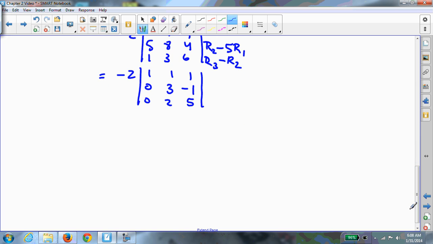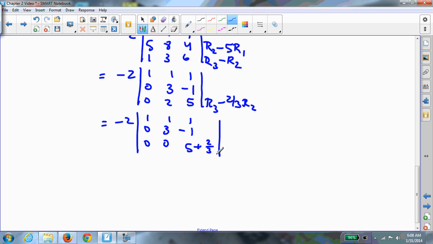And I'm going to keep doing some row operations here. So for example, this would be row 3 minus 2/3 row 2. And again, that doesn't affect the determinant. So I have negative 2, 1, 1, 1, 0, 3, negative 1, 0, 0, 5 plus 2/3. And now I have it as the upper triangular matrix. So all I need to do is multiply the diagonal elements to get the determinant. So negative 2 times 1 times 3 times 17 thirds,